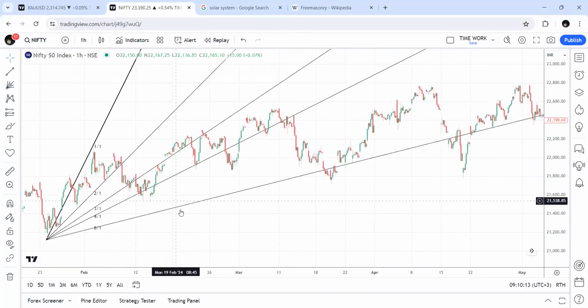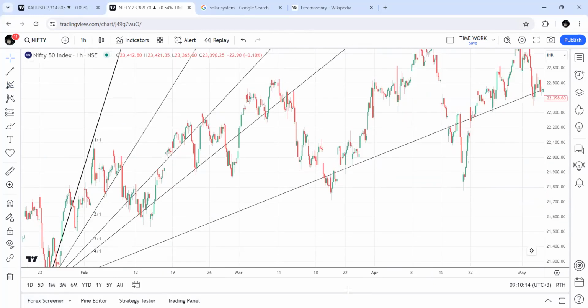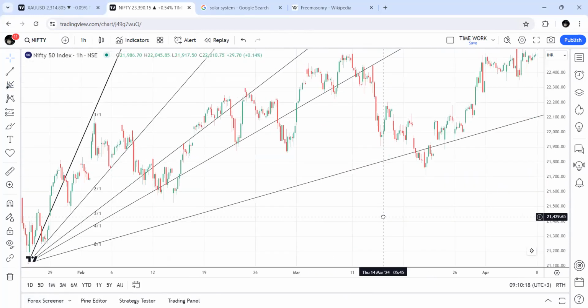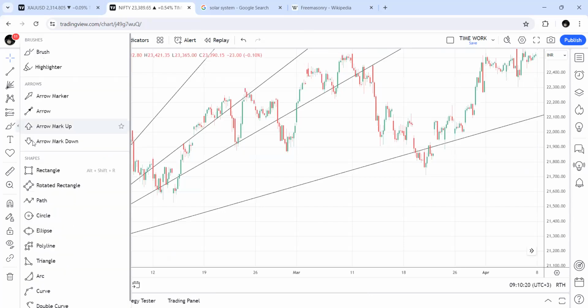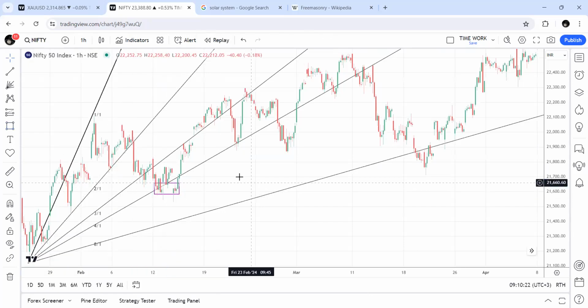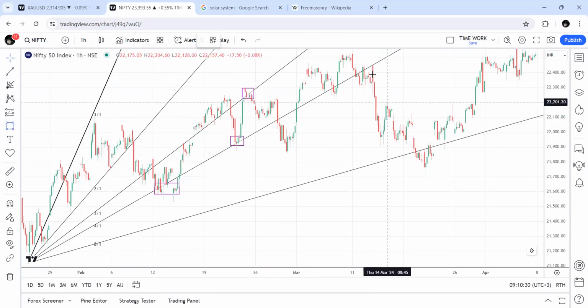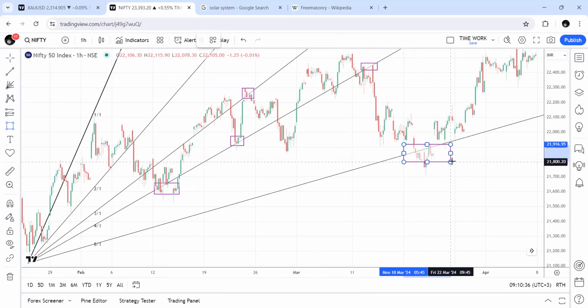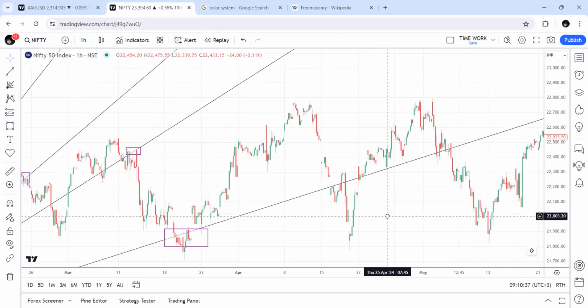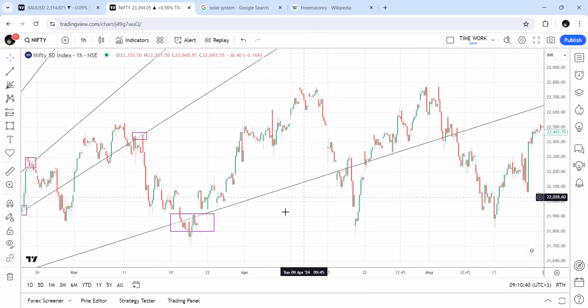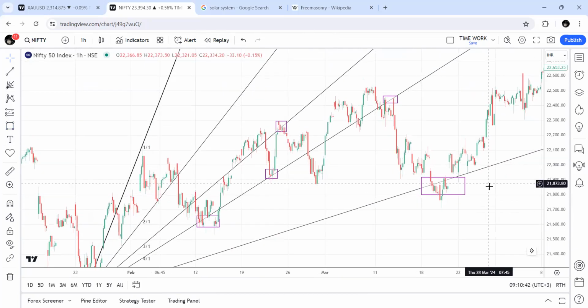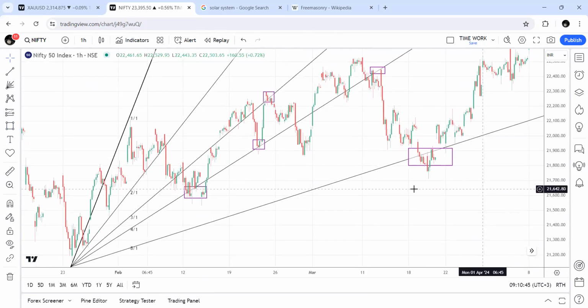Now, if I was to go to somebody that used this method and tell them, hey, listen, it doesn't work, what would they tell me? Well, what about this? What about this? And so on and so forth. So my answer would be that yes, there is resistance or support here, but it's